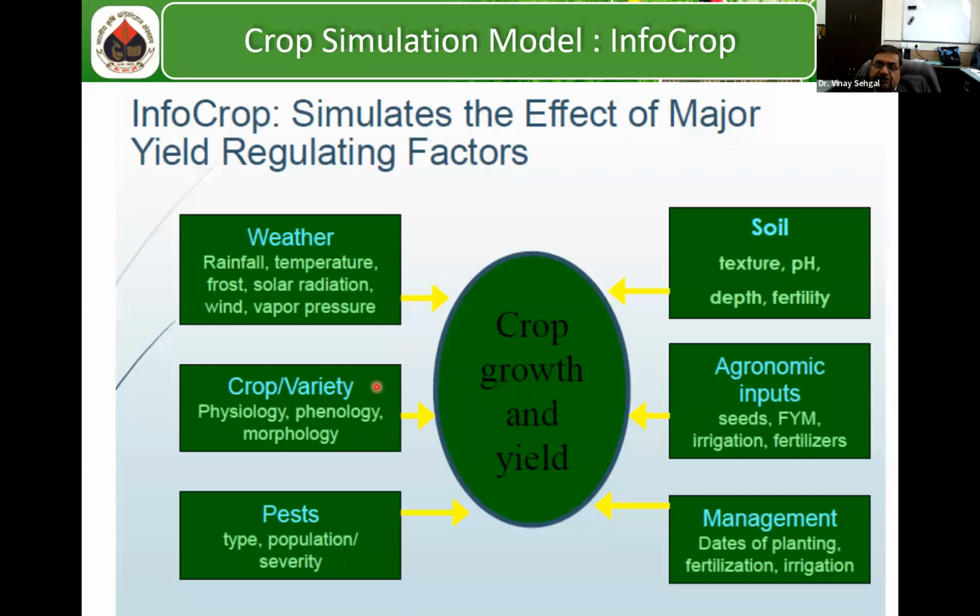It needs information on which crop and what is the type of variety of that crop. So it means it needs information on the physiological characteristics of the variety, phenological characteristics, and morphology. Then it needs a lot of information on soil on which the crop is growing, like what is the texture, pH, depth, fertility status, in terms of organic carbon, available nitrogen, available phosphorus, and the type of agronomic inputs put